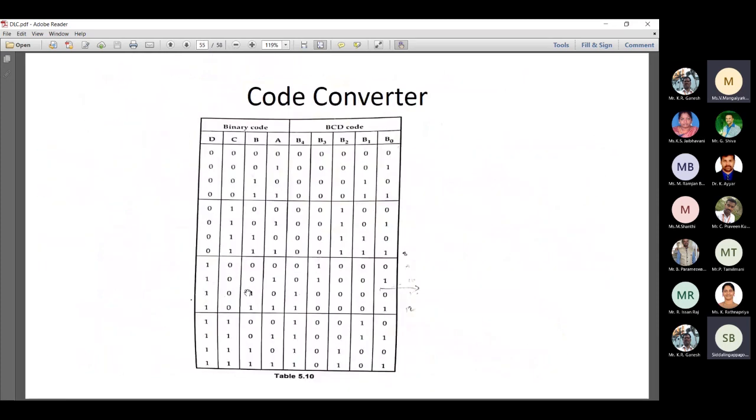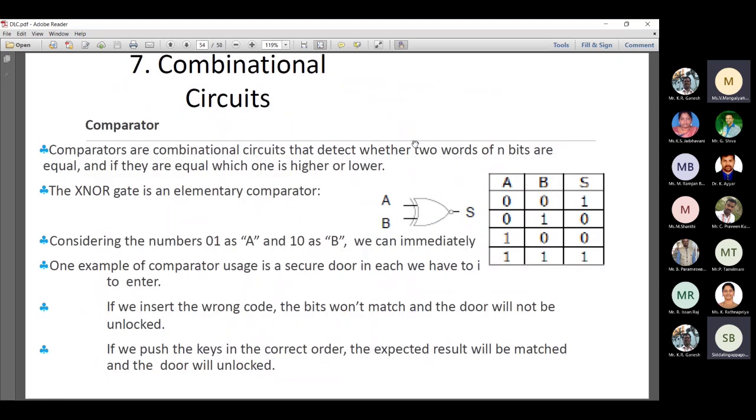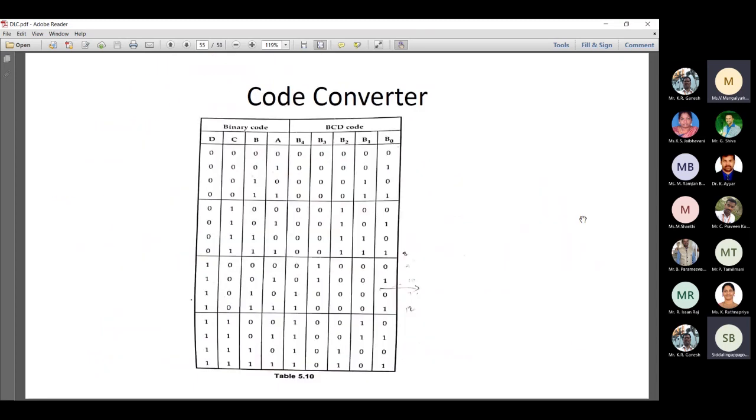Again, for the comparator, we have here binary code and BCD code. Like that, even a comparator is also a combinational circuit. For it also, we have a truth table, and you can convert it. Here you can see that this is a binary code and this is a BCD code, right? So binary code 0 to 15 is written, and here you have 5 bits and this is 4 bits, right? So both are the same, but the representation is different. This is 0 to 15 represented using 4 bits, and 0 to 15 represented in terms of 5 bits.